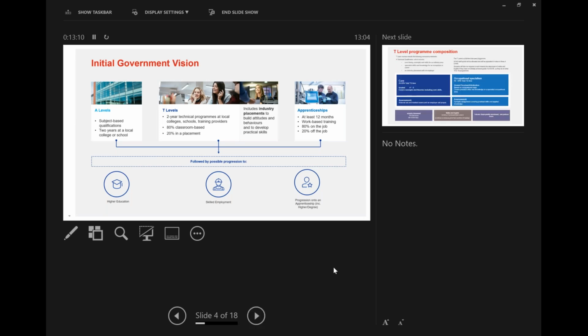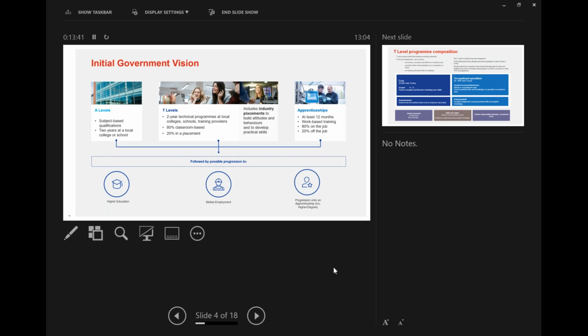Before I go into the updates, just a very quick recap and reminder of the vision and structure of the T-level programme. The T-levels are a two-year technical programme that will sit alongside A-levels and apprenticeships in the government's streamlined provision at level 3. The T-level is a 2-year programme, which is 80% in the classroom and 20% in an industry placement.